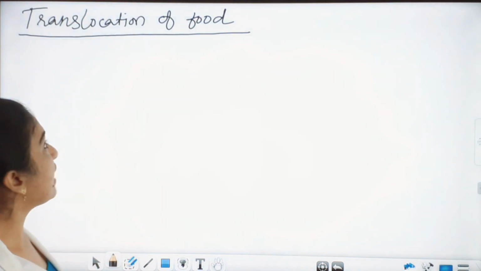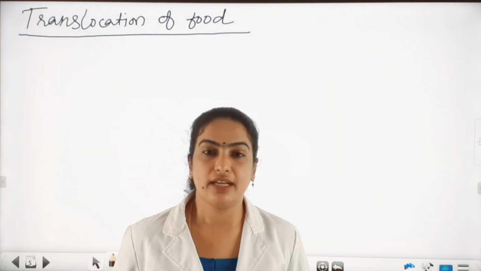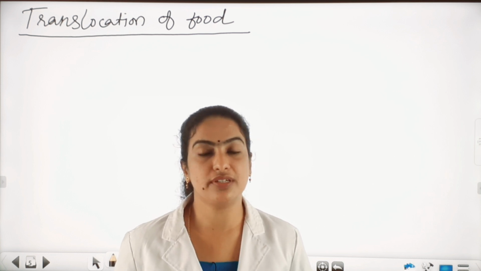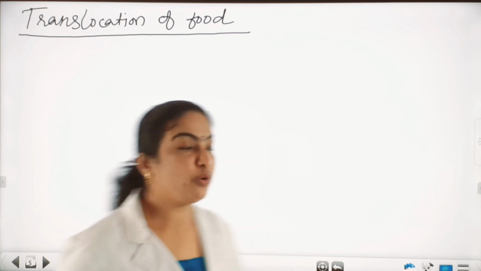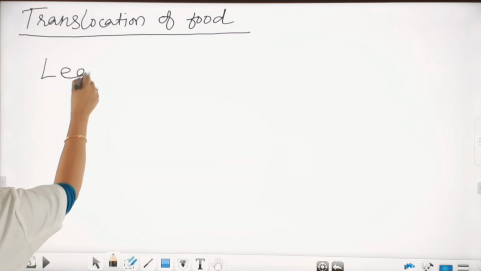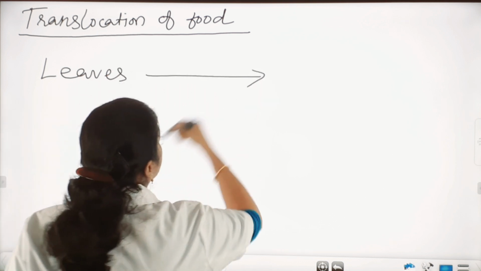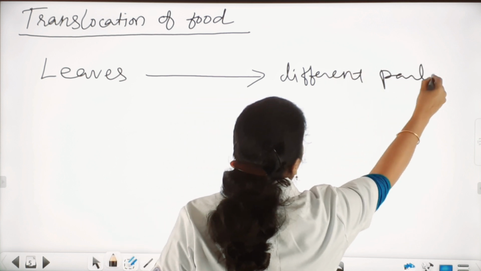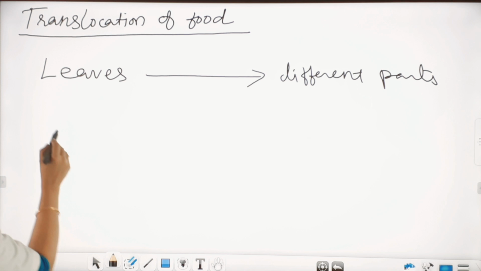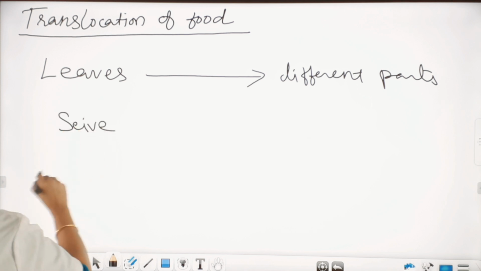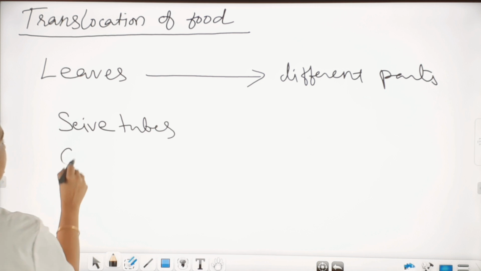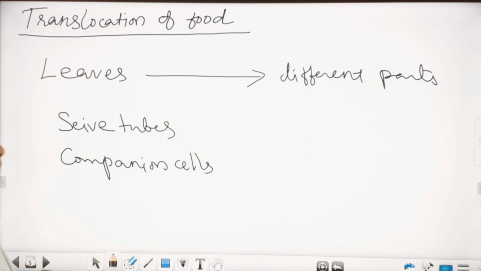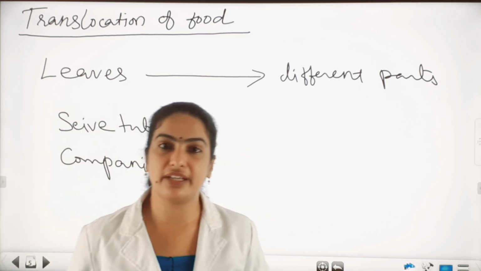And now we can see the translocation of food. As I told you, the phloem tissues are helping the plants to translocate food materials. So, from the leaves, the food can be transported to different parts of the body by the phloem tissue. Which are the phloem tissues involved in translocation? Sieve tubes and companion cells. Sieve tubes and the companion cells together work as a single unit for the